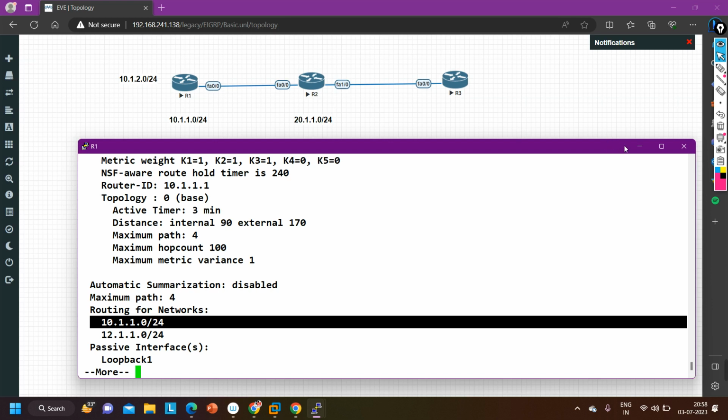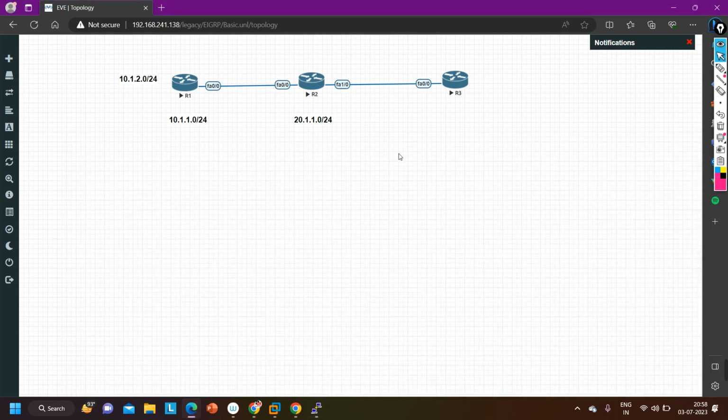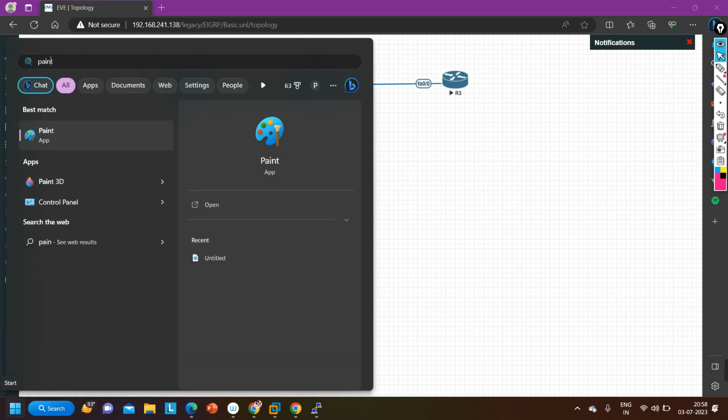Now the second type of summarization that EIGRP supports is manual summarization. We can perform summarization manually. So guys, how many of you already know summarization? Let me ask you a question.